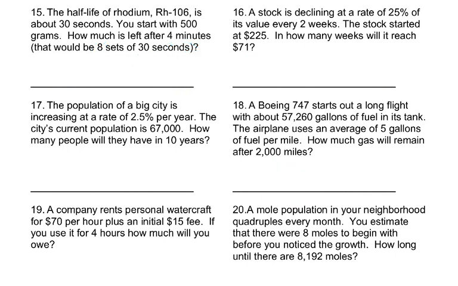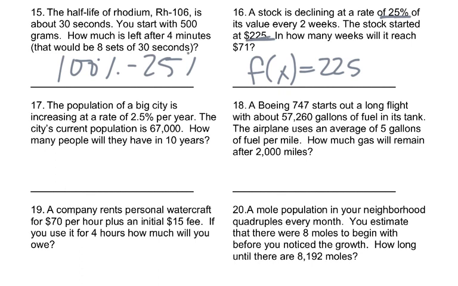Okay, 16. A stock is declining at a rate of 25% of its value every 2 weeks. The stock started at $225. In how many weeks will it reach $71? So f of x equals 225, and it's losing 25% every 2 weeks, so we still have 75%. So I times by